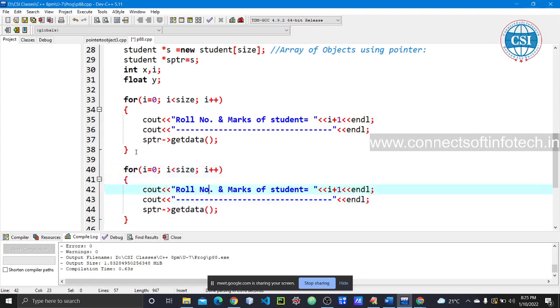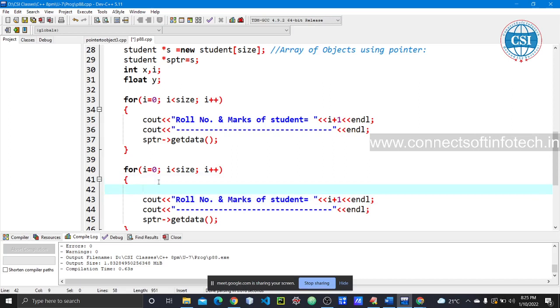Now we can write here roll number of student is equal to this, and okay, I want to display the output like this: student 1, student 2, student 3, like this way. So we can write here for student 1. Okay, I want to display for student 1 this.